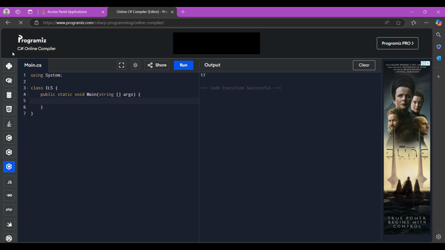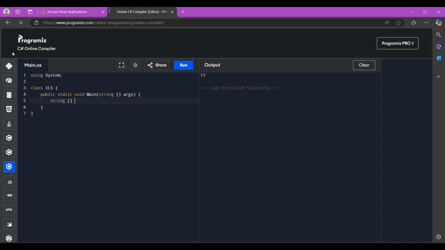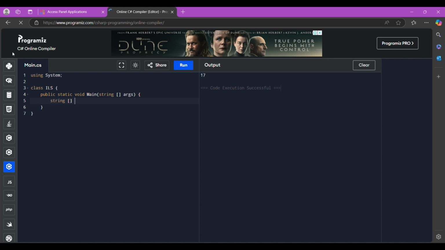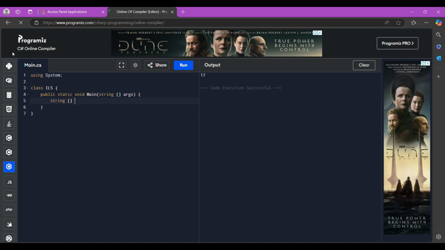So what we're going to do is our variable is a string. So I'm going to type here string, then array declaration. This is the array declaration. You're going to declare an array, and after that the array name.